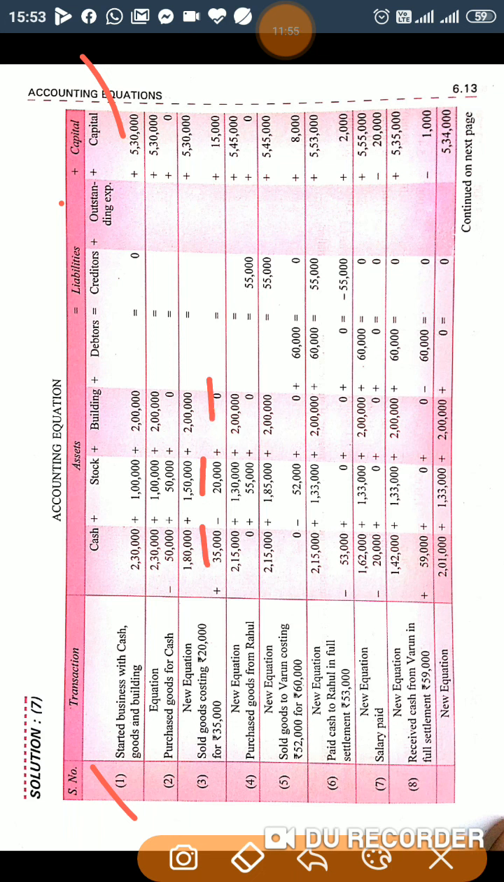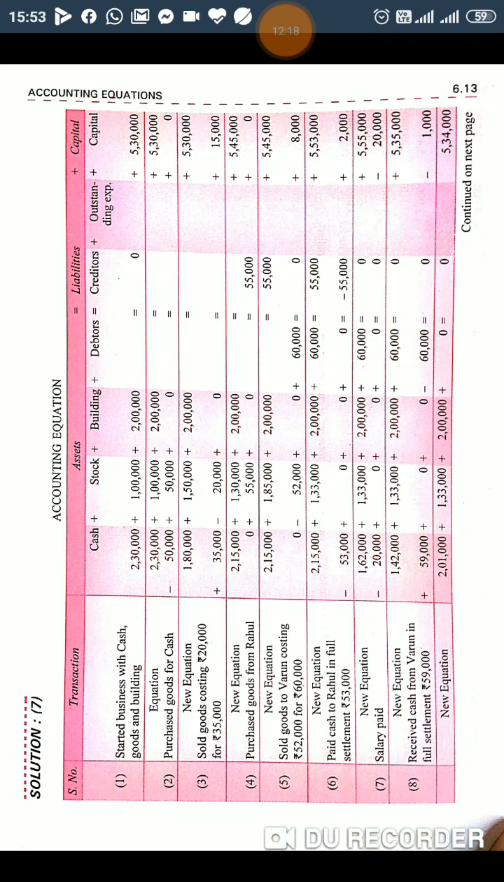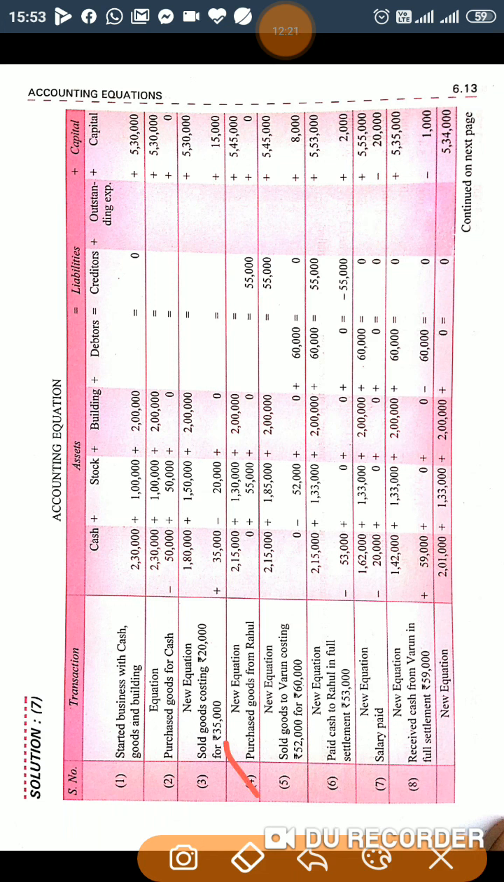Building is 2 lakh, rest debtor is 0, creditor is 0, outstanding expenses is 0, capital is 5,30,000. If you check it, if you make the total of the asset side, it will also come to 5,30,000. Liability plus capital is also a balance of 5,30,000. So the accounting equation is balanced. Now next transaction, purchase goods from Rahul. So goods is increasing and at the same time creditor is increasing. So on the credit side, just below the creditor you will write 55,000, and in the stock column you also add stock